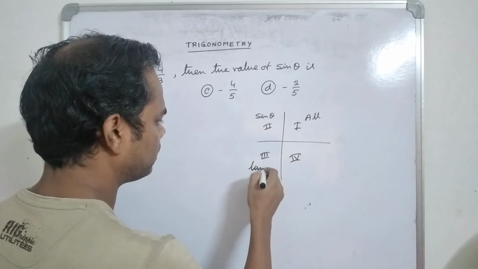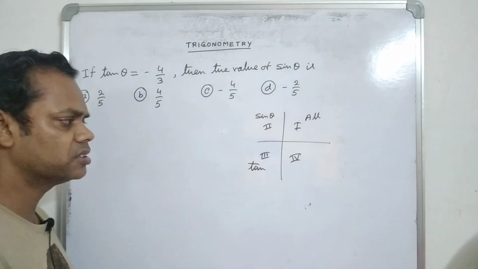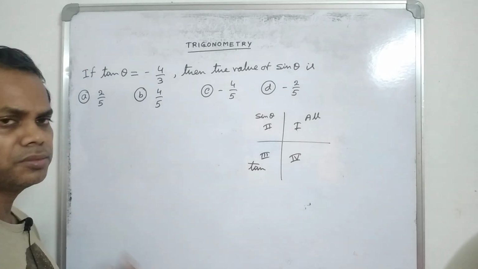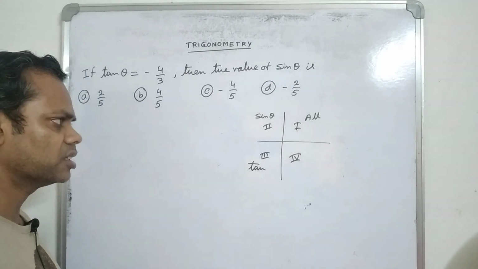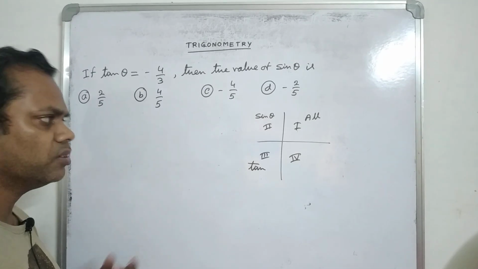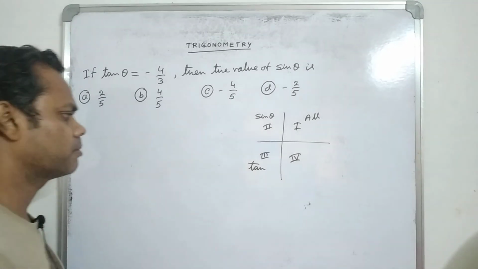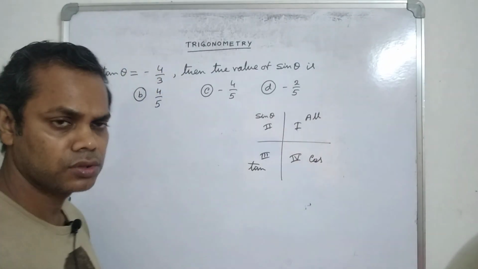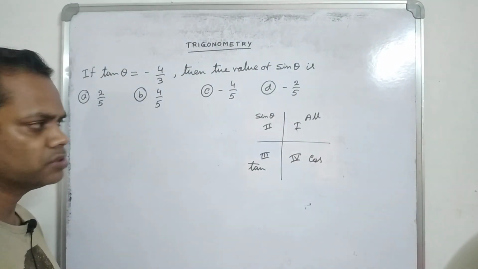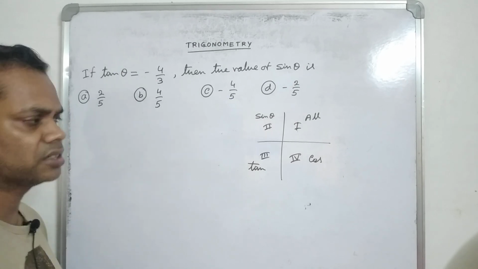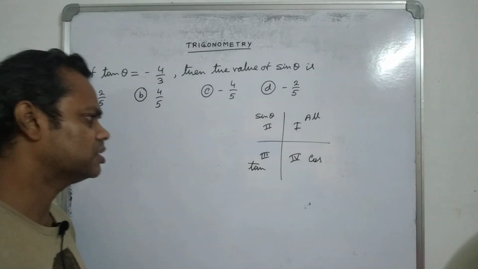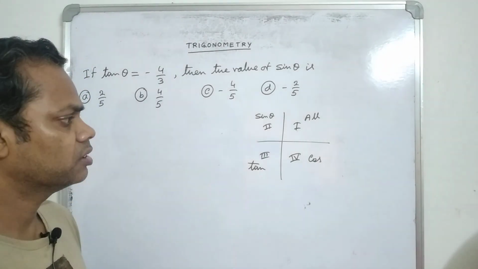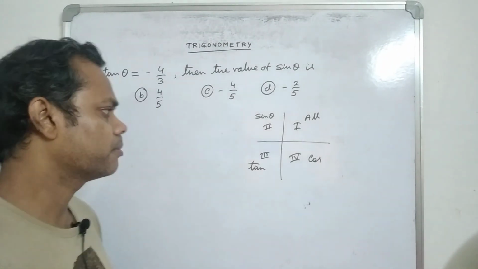If sin theta is positive, then cosec theta is also positive, but the rest of the terms, that is tan theta, cot theta, sec theta and cos theta, are all negative in the second quadrant. In the third quadrant tan is positive, and cot theta is also positive, but the rest of the terms, that is sin theta, cosec theta, sec theta and cos theta, are all negative. In the fourth quadrant cos is positive, so sec theta is also positive, but the rest of the trigonometric terms, that is sin theta, cosec theta, tan theta and cot theta, are all negative.